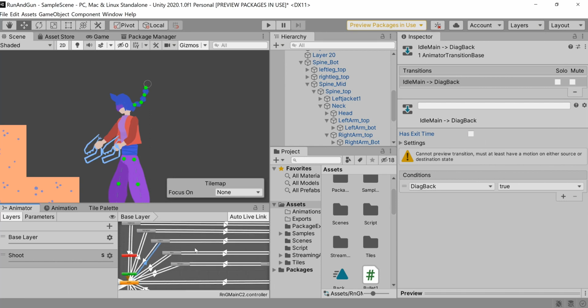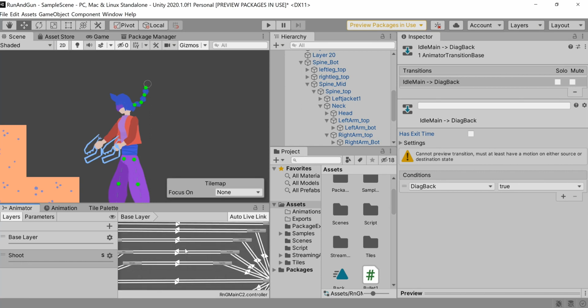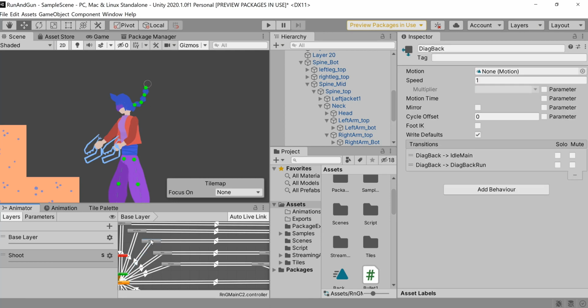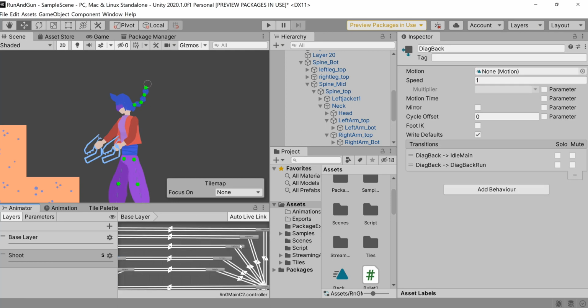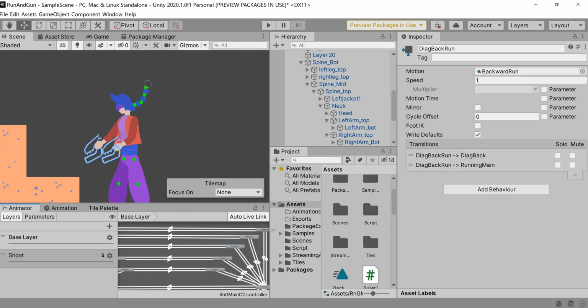We then go over to our diag back run animation. So as I said, you can just Control C, Control V this. You change the name in the inspector here, and then go through the layers and see what you got. So we got diag back in the first layer. That's good. Then we look at the next layer and we have backwards run, and we just mix those animations